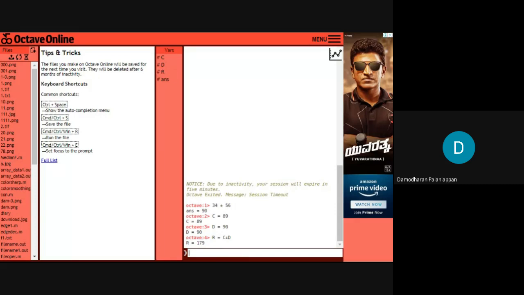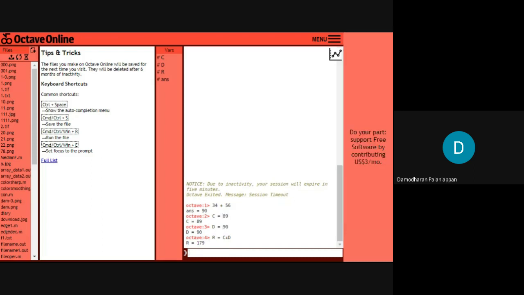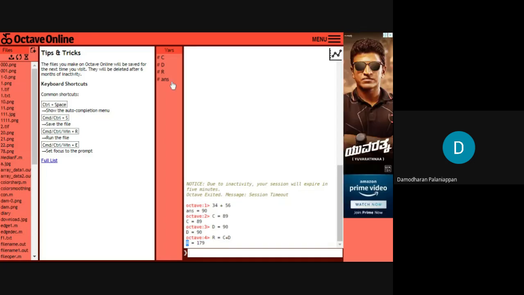It takes the value C as 89, D as 90, addition will be performed, and the result will be stored in the variable called R. Here, what variables are we using? We can see they are available in the stack format, first in, last out format.